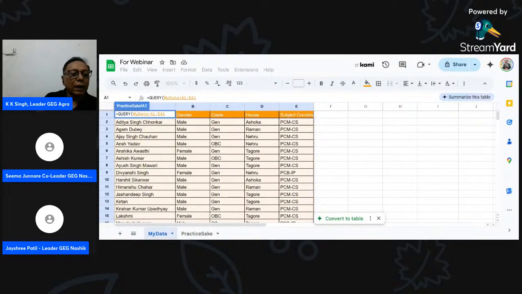One more thing, the user must notice that it should be in the form of an array, and the array is defined using curly brackets, like this. Then comma,